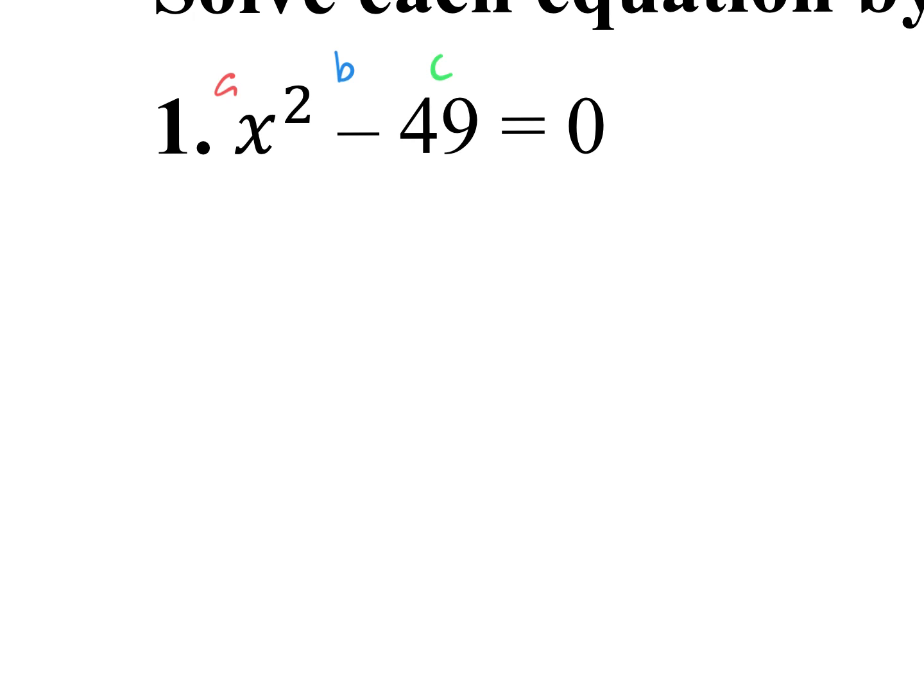But that literally is not smart to do, especially if you're taking a quiz or test. If you're taking a quiz or test and you want to be as efficient as possible, you want to solve this thing. Now, how could you solve this thing? Well, you could factor, split, and solve, okay? Because this is a difference of two perfect square terms. So you could technically rewrite this as x plus 7 times x minus 7,